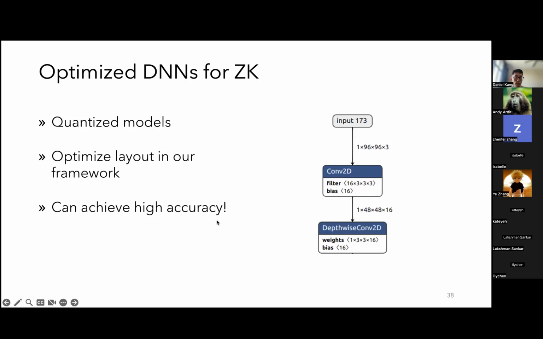There are some ways you can approximate certain kinds of functions with these custom gates. For example, the ReLU is one example of this: ReLU of x is equal to max of 0, x. And here you can do a bit decomposition and then set the sign bit equal to 0. So that's one example of where there's an alternative approach to doing a nonlinearity besides a lookup table.